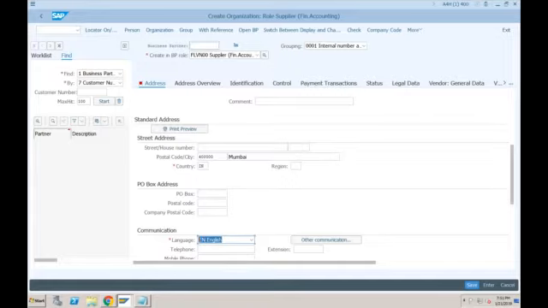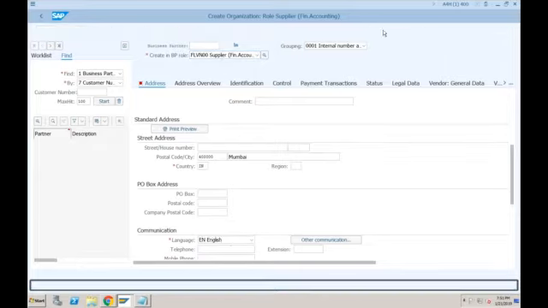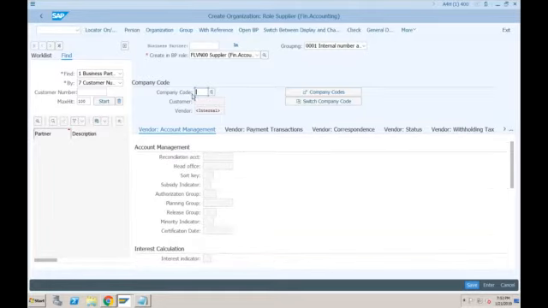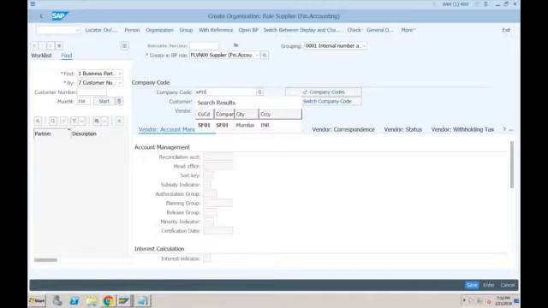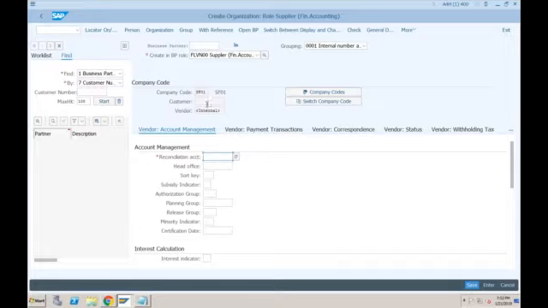Now, since we are creating this vendor in our company code data, I will click on the company code tab. In the company code tab, I have to specify for which company code I want to create this vendor. So I am creating this for SF01. Press enter. The system will ask you all the information which it was asking while creating the vendor master, such as the reconciliation account. It is exactly the same, the only difference is that it is now asking under the transaction BP.